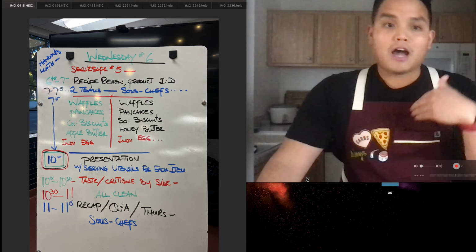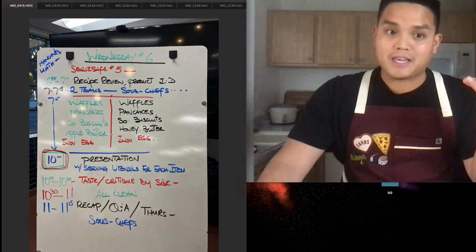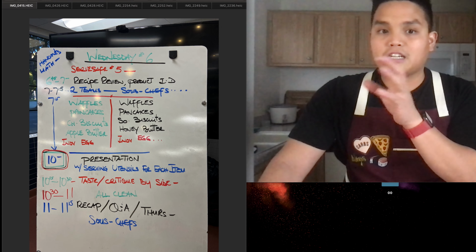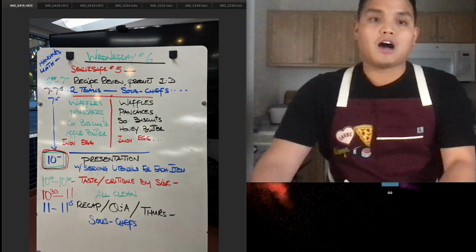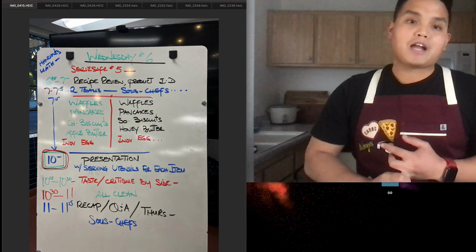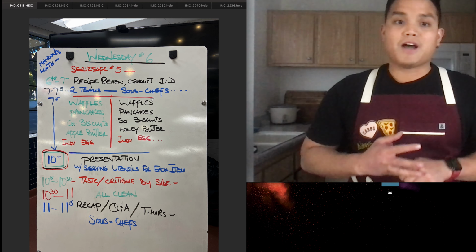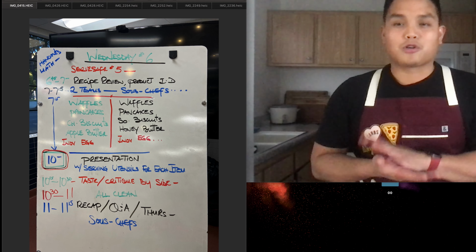And today, it's breakfast items, right? So waffles, pancakes, cheddar biscuits, apple butter, which is a compound butter, and then the other side is making a different variation of the biscuit, and then a different variation of the honey butter. But we're making everything from scratch. So waffles and pancakes from scratch, with the baking powder and baking soda in there as well. So not as easy as it sounds, but still, it's one of the more basic things you're going to learn